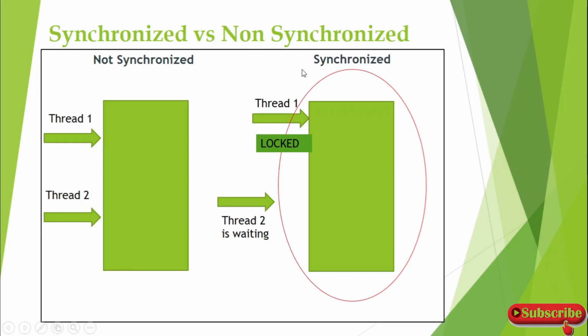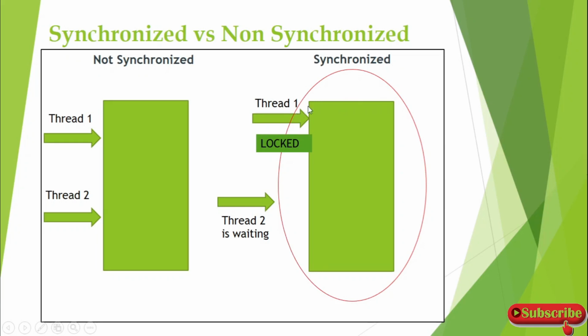By default, hash table is synchronized, so you cannot make it unsynchronized. But hash map, linked hash map and tree map, you can explicitly change to a synchronized map. You have a method in Collections that you can use to change it explicitly, and once you make it synchronized, it is going to behave in this thread safe manner.